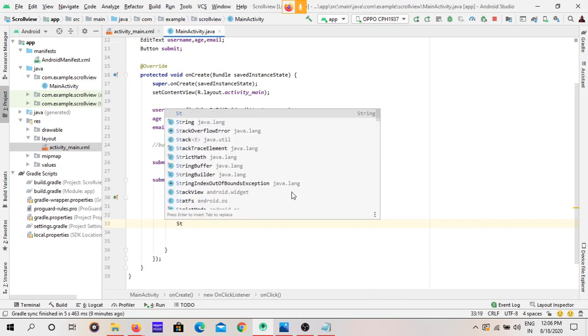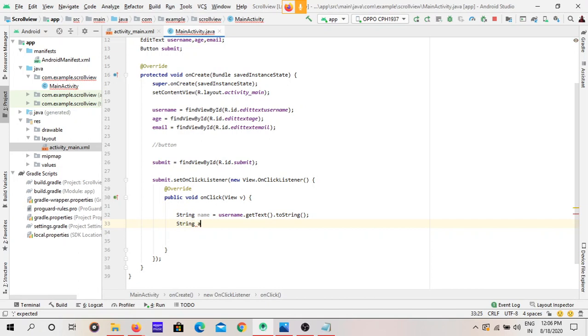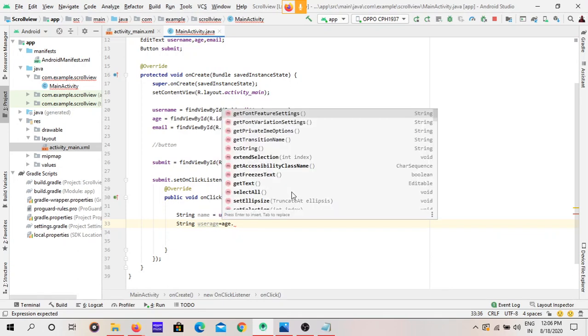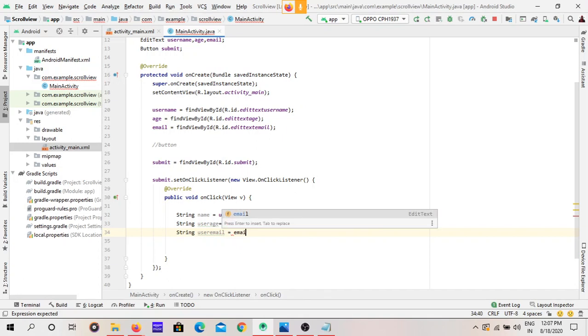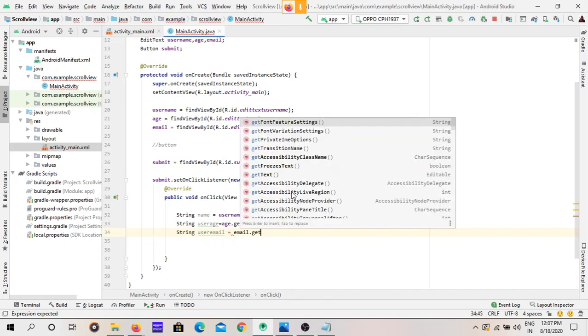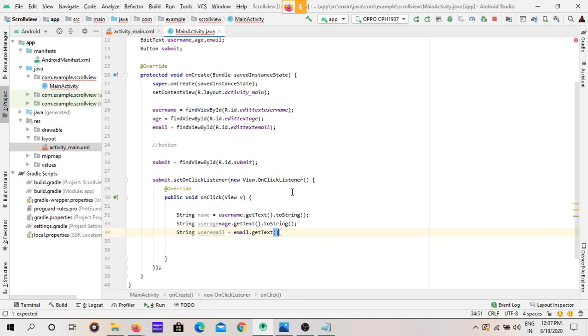Next, another string, user age, user age equal to age dot get text dot toString. Then email equal to email dot get text dot toString.